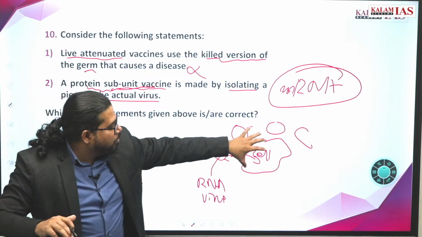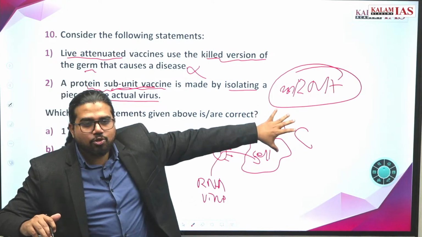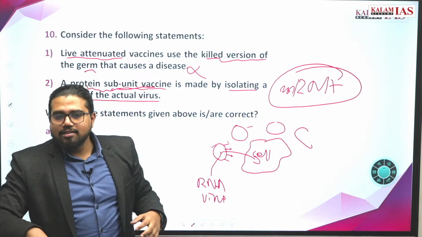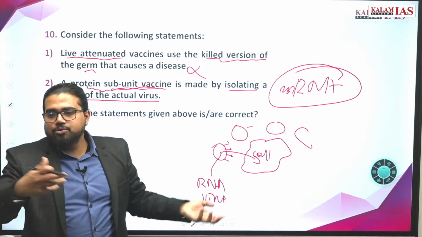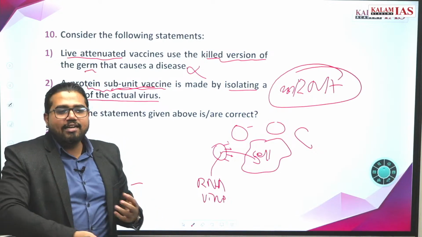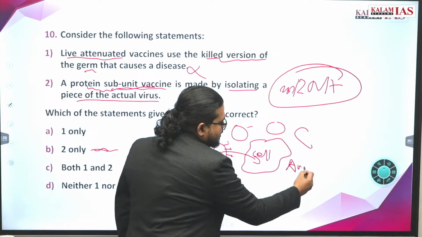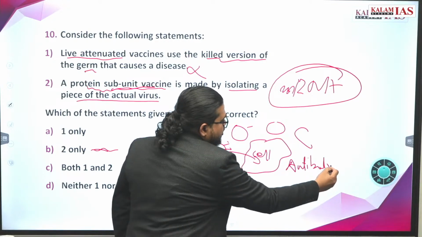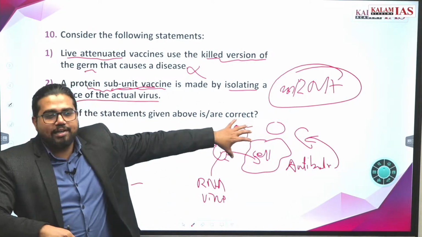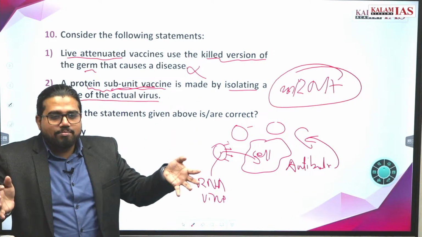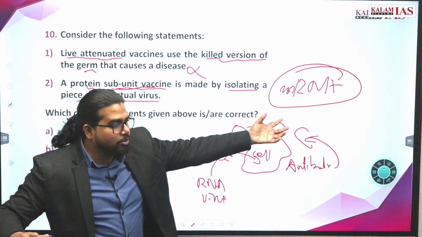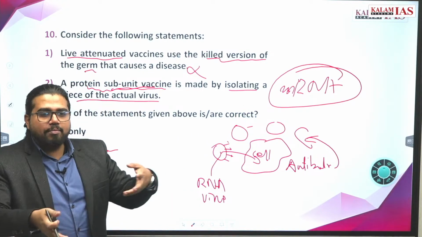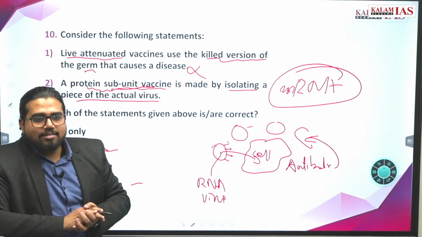So the body will respond after it is creating so much. The body will find out that this is a foreign body, we need somebody to fight this. Then the body will create antibodies. Antibodies will come and kill this virus, but it will take some time. And if this reproduction process is so fast, by the time, whether you die or stay alive becomes a question.